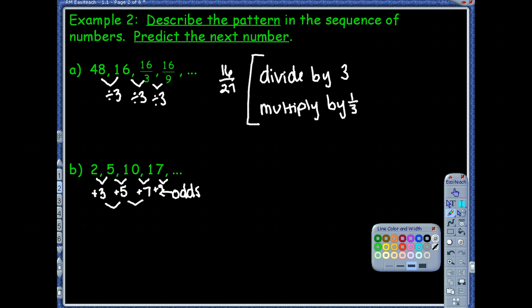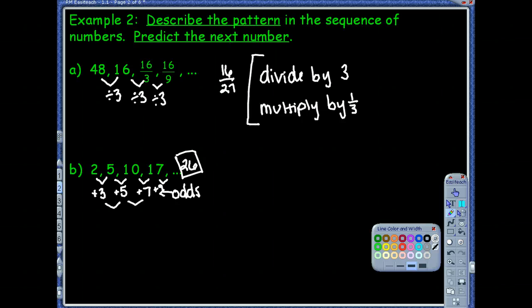What do you think? I think that looks wonderful. So if I add 9 to 17, that would be 26. So the next number is 26, and that's wonderful. And the way we could describe that would be what? Well, it was